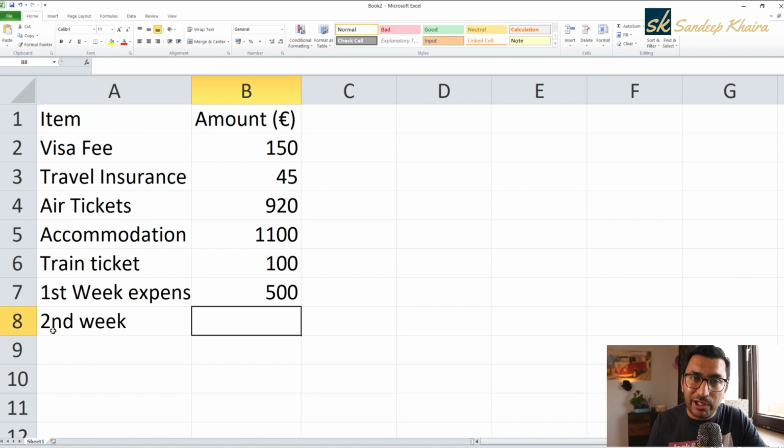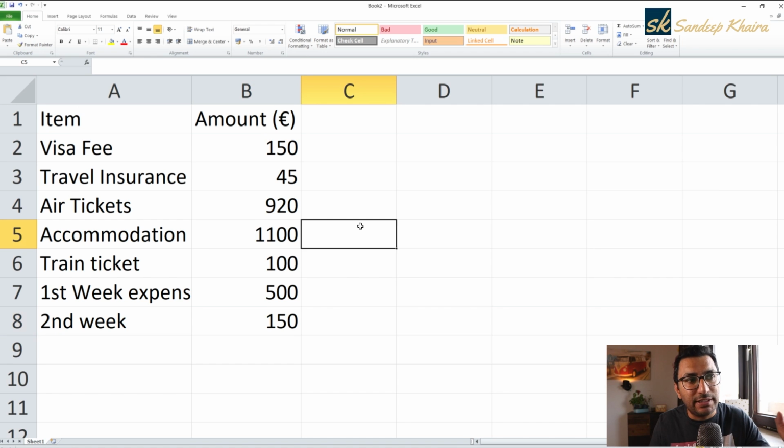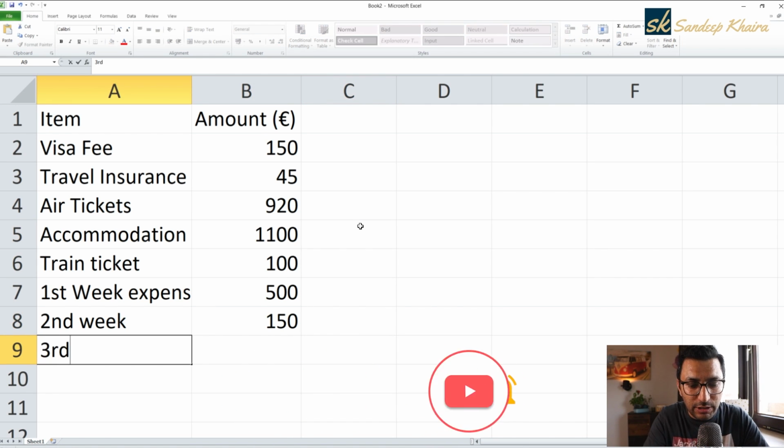I'm still putting on the higher side, just in case you are not a person who spends high. I'm still putting on the higher side to give you the maximum possible calculation. Because it will vary between 80 to 150, I'm still putting in 150 just in case. Okay, so though 150 is very high just for the basic things if you are cooking at home. Okay, so same goes for the third week,